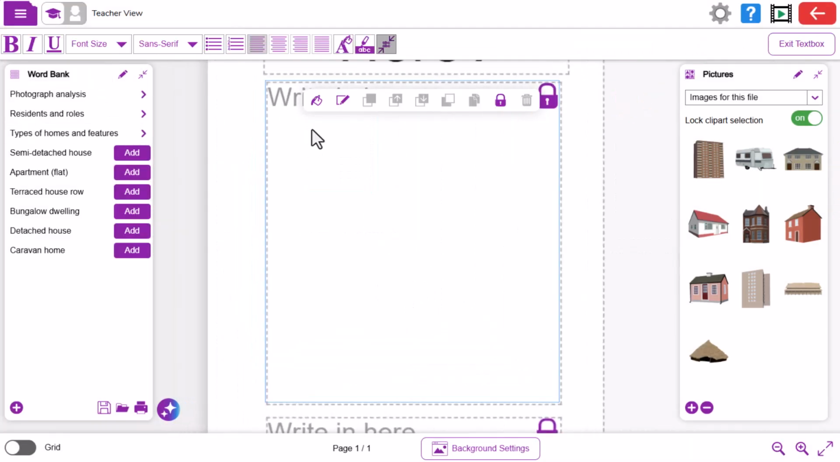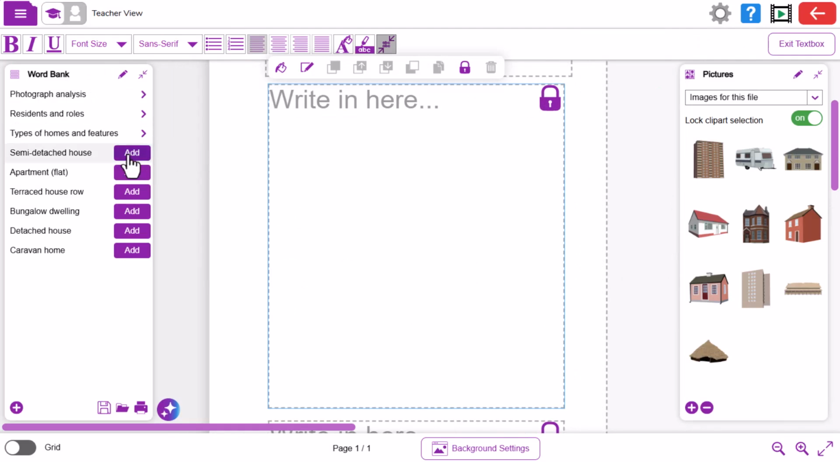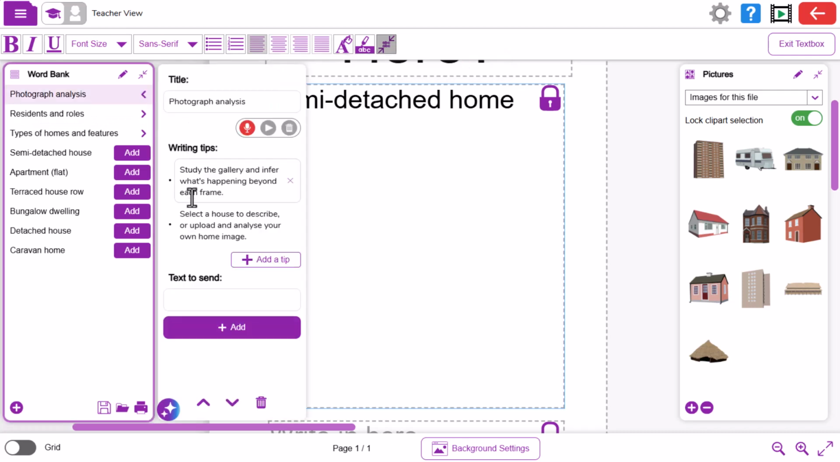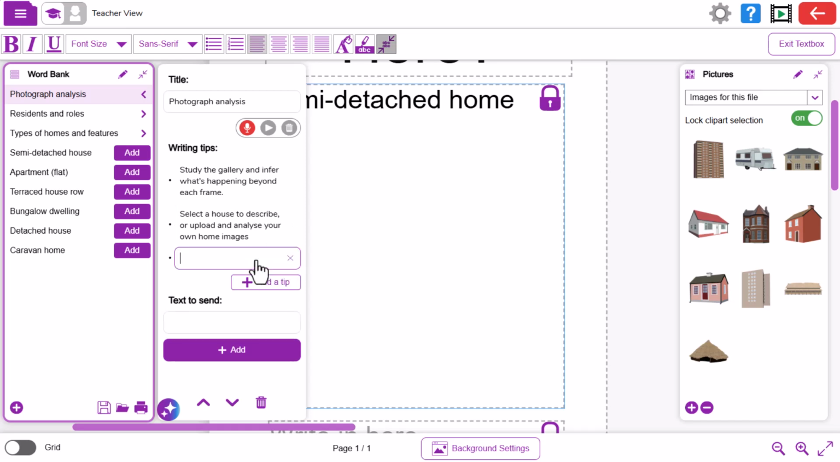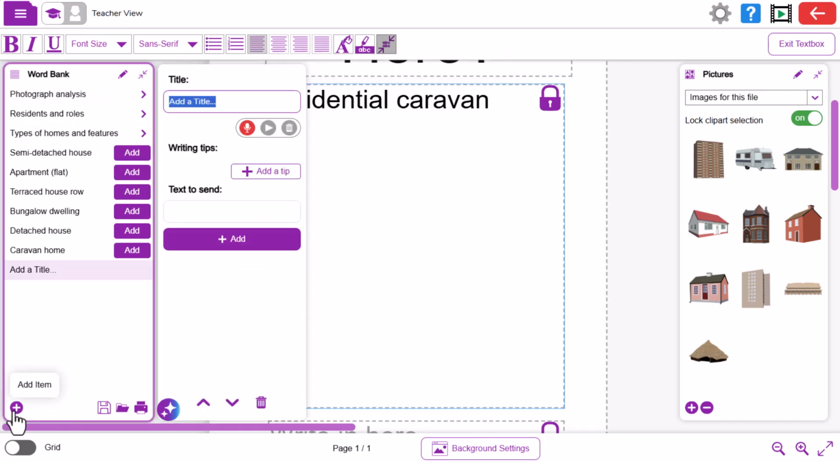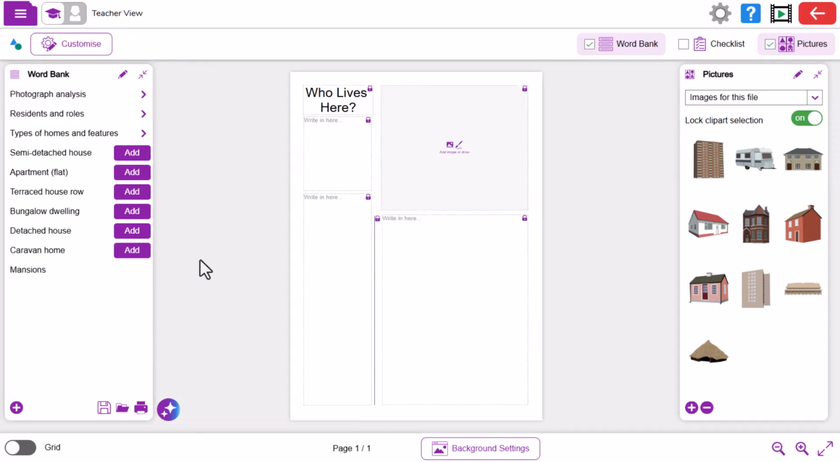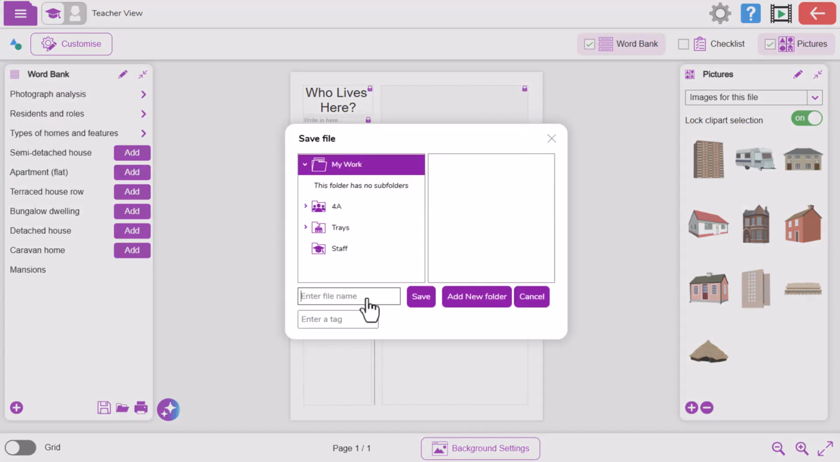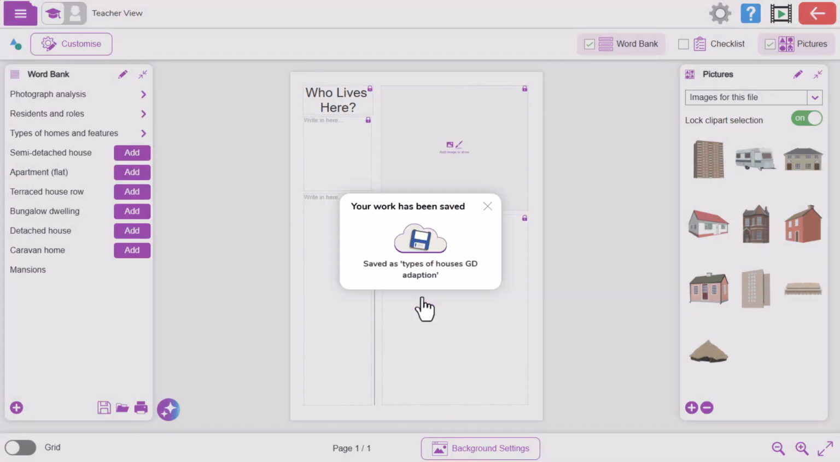Here you can see the word bank has updated. And if I click into a box, add, I can then automatically add those word banks and vocabulary. Clicking on the arrows, it then tells me additional information I could include in my writing. I'm still able to edit these and add additional writing tips if I need to, and I can still manually add things to my word bank if I choose to. When I'm happy with any changes I have made, I need to make sure I save it before sharing it